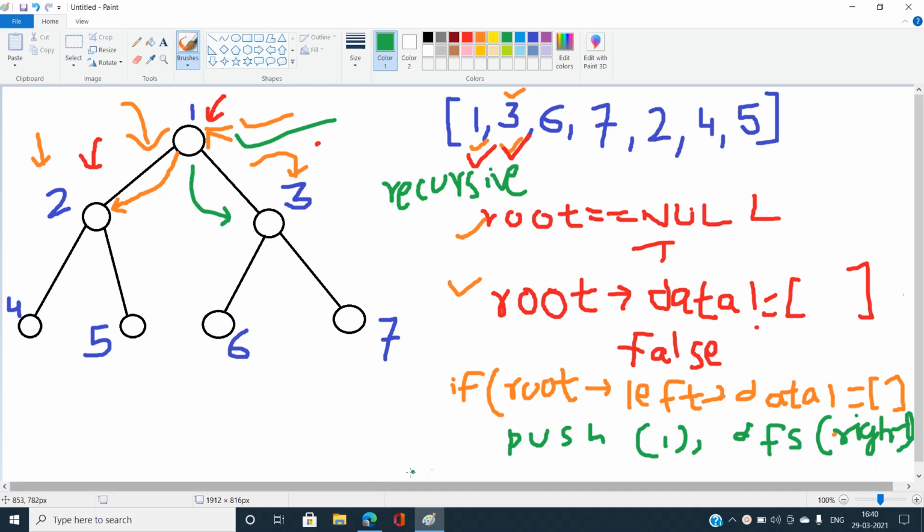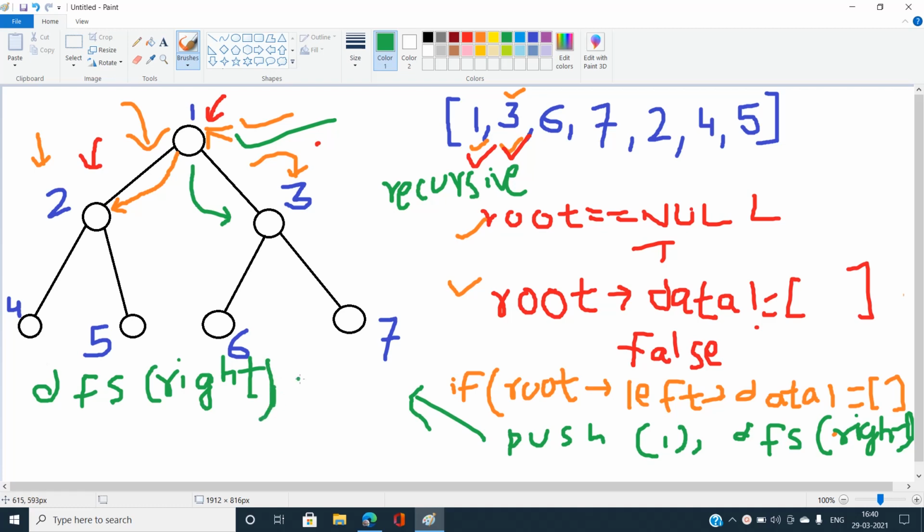I don't have much space over here, so let me write it down over here. If I push this operation, then I call the DFS function first on the right, that is, I go to 3 and then come to 2, because I performed a flip operation. Then I pass the node's right child as a parameter, and if this is done, I am going to call again for the left one.